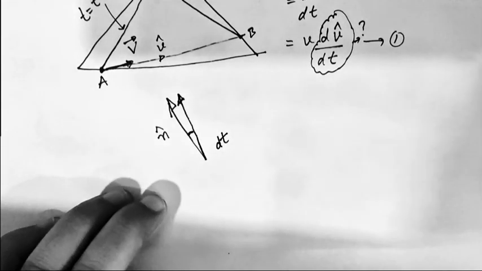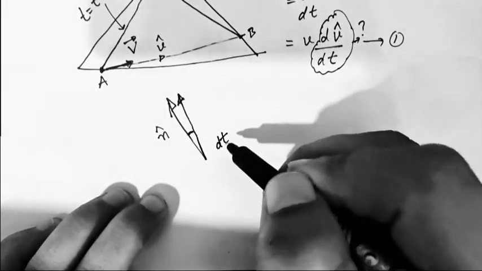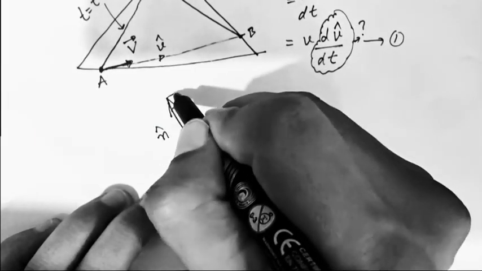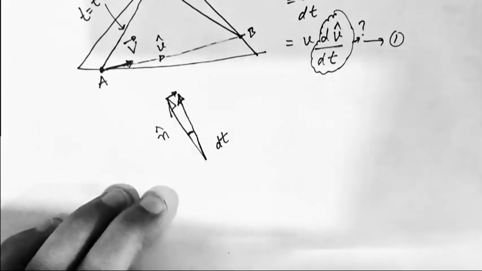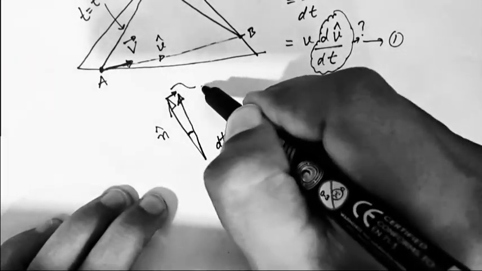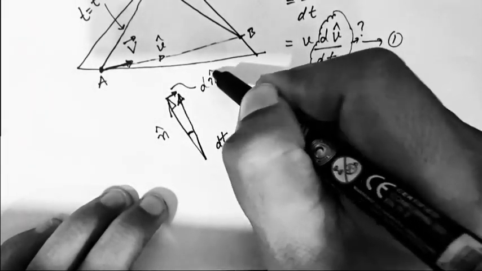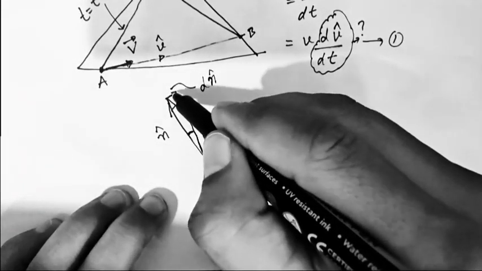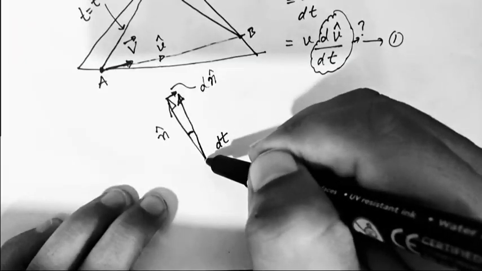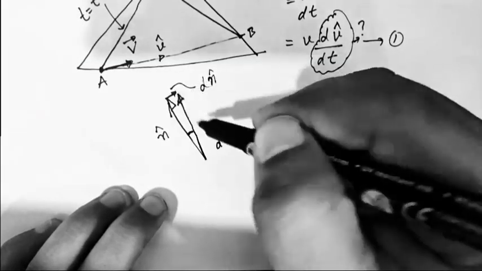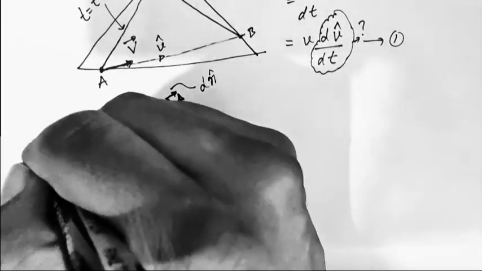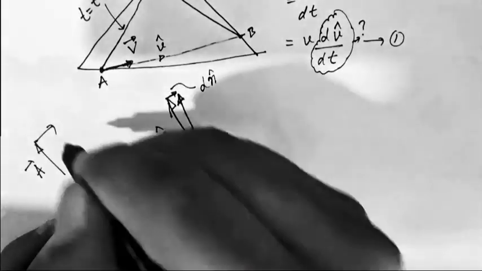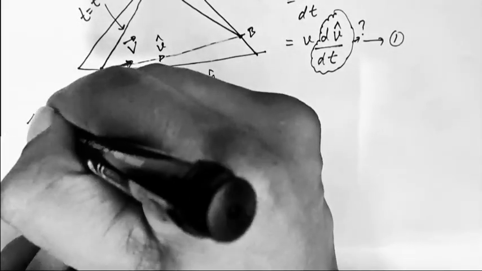Dt here means delta t tends to 0. So in that small interval of time, this unit vector has turned here. This would be the change in the unit vector. So this would be the small change in the unit vector. I hope you understood why this is called change in the unit vector, because from triangle law you know this vector plus this vector is this vector, right? This vector plus this vector is this vector,